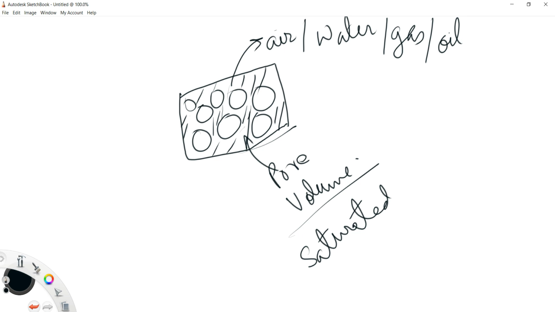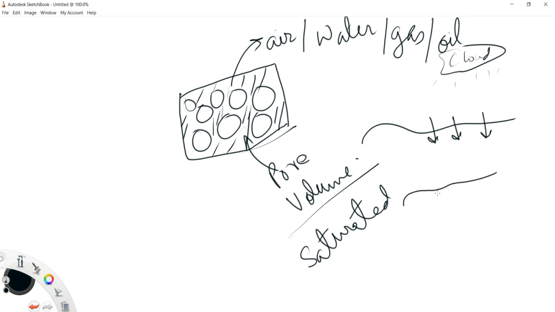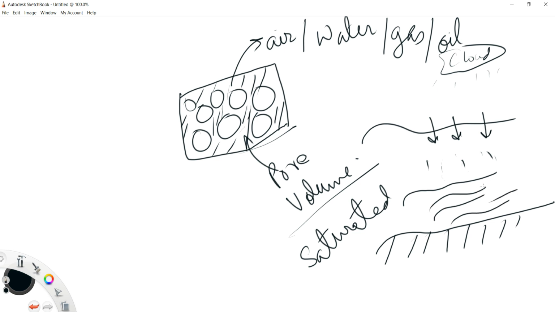So after the rainfall, suppose this is your ground, after the rainfall you have this cloud here, rain happens, and then the water is absorbed below the ground, right? So this water keeps on percolating downwards, right? By gravity it keeps on going downward, and below the ground somewhere you have an impermeable layer which does not allow the water to percolate any deeper. So here the water will start to accumulate, and as rainfall events continue, this will fill up this zone. So this is your zone of saturation,